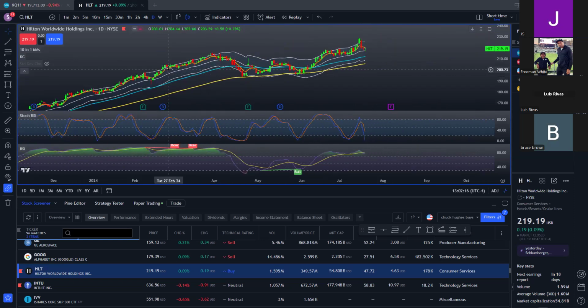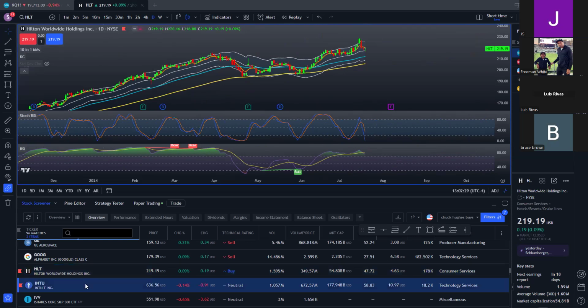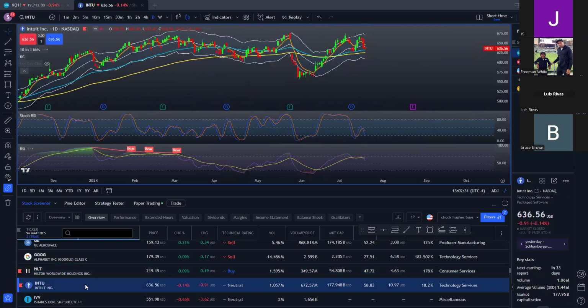Okay. And this is, like I said, I want to see this on a weekly. I want to see this on an hourly on SPY and SPX, because now I can chill. I can say, all right, I can go to work and I can do some things. This isn't ready, but